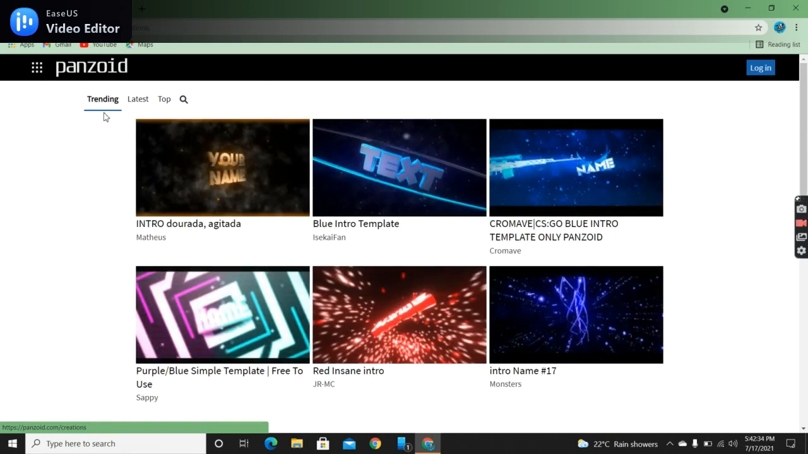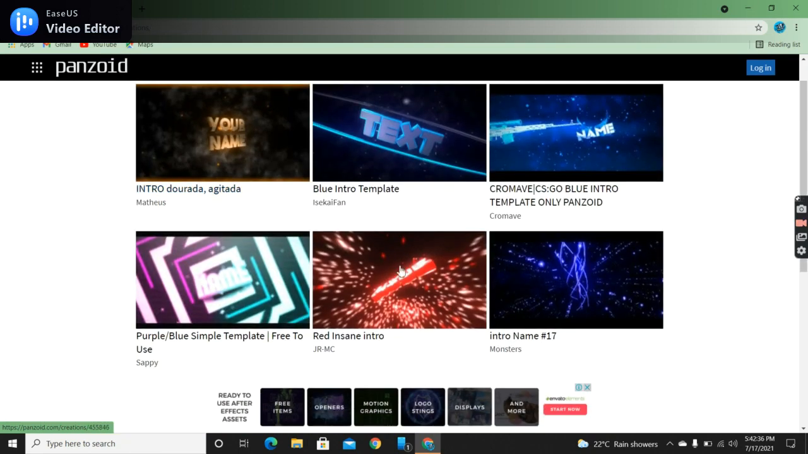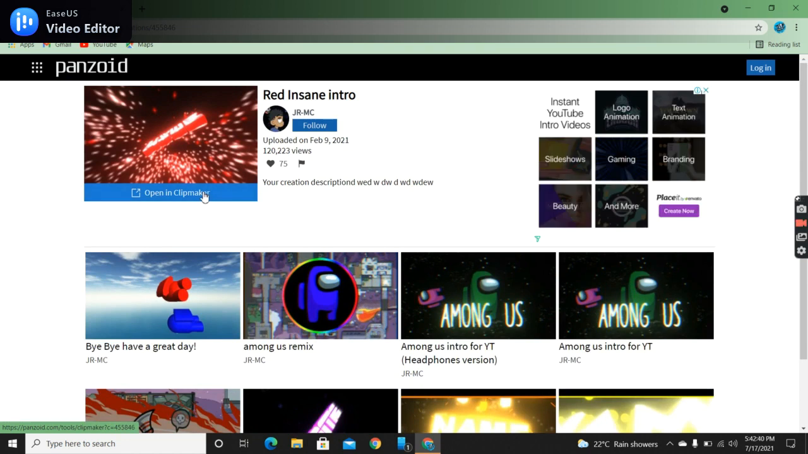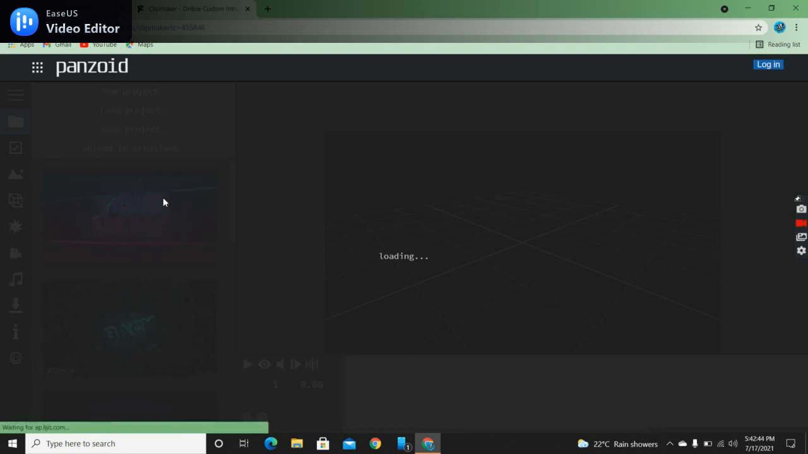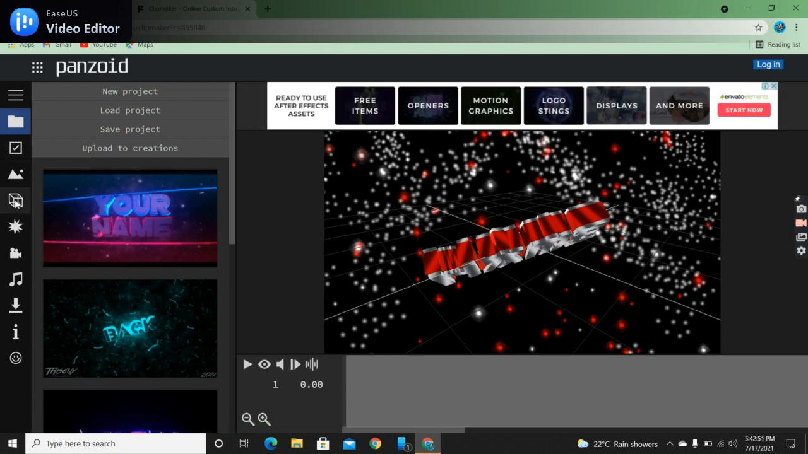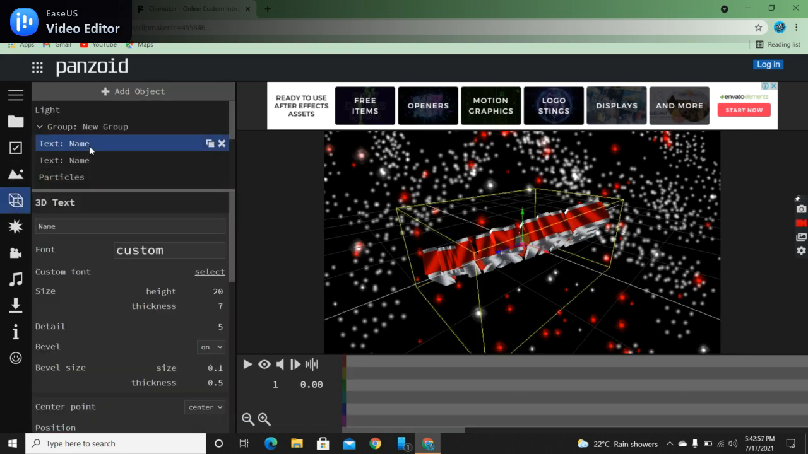I will choose trending and I will select this red one. Then I will open it in Clip Maker. Then after selecting this, you need to select this square box on the left side. Then you need to edit name